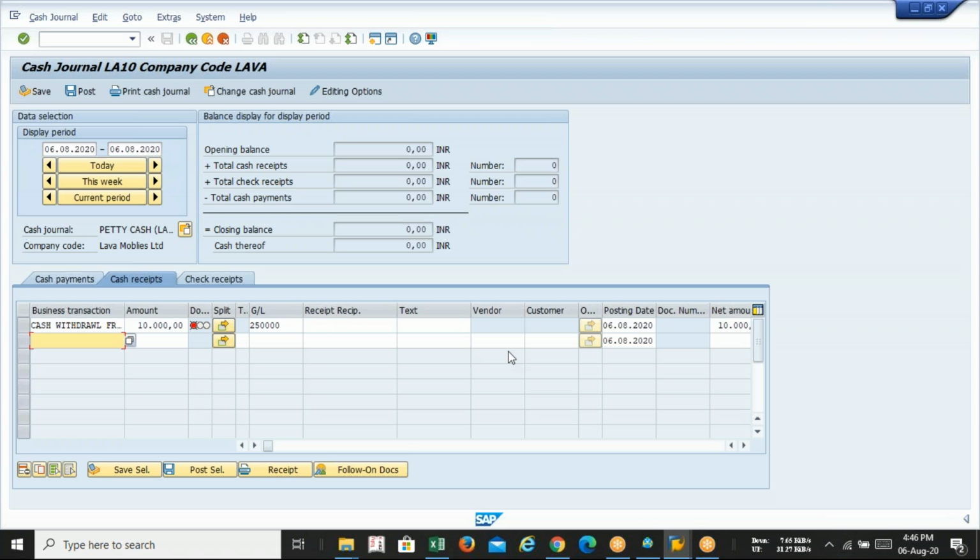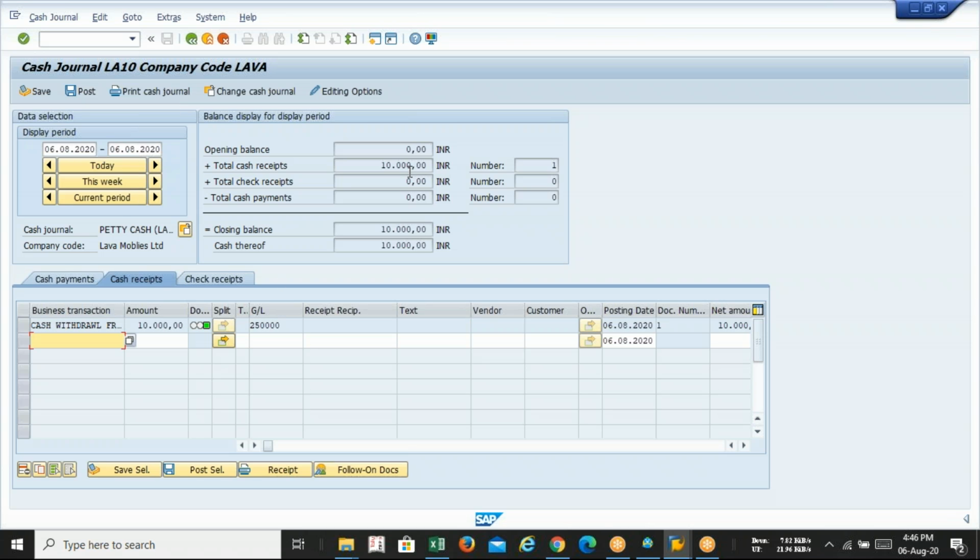After pressing enter, you can see the balance is showing 10,000, but the message is red. Red means entry recorded but not saved. We have recorded but not saved. So how to save? Post. After the posting, it cannot be edited. Okay. So remember, before posting, you have to check. After posting, you cannot delete the transaction.